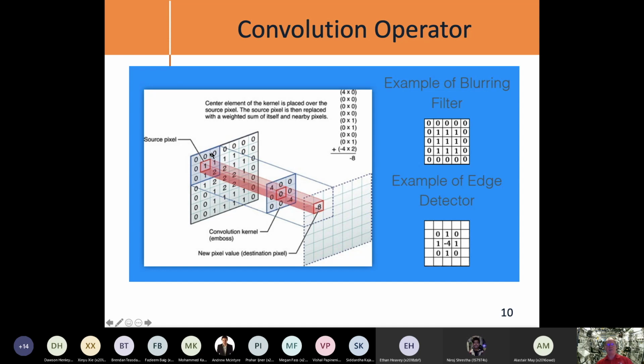So let's take an image. The original image looks like this, really simple numbers just to make things easy. And we pass our kernel, this embossing kernel, which is a 4, 0, -4 on the diagonal, all the others are zeros. And so this becomes 0 times 4 plus 0 times 0 plus 0 times 0 plus 0 times 0, all the way down to finally 2 times -8. And if you add those all up, you end up with -8.